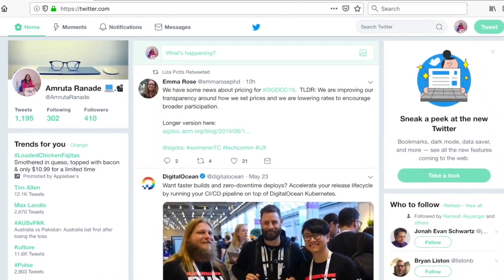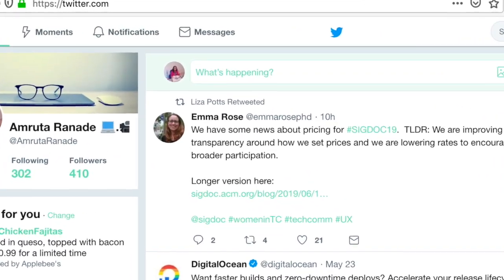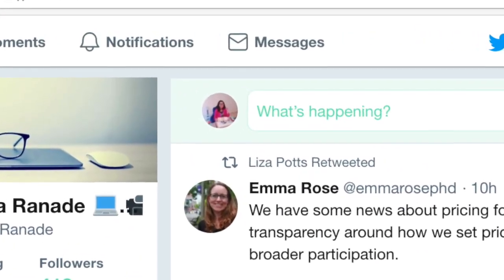Also consider the words notifications and messages. Technically, they could mean the same thing because a notification is basically a message from the system, whereas messages refers to the messages that actual real people send you. So that's how they distinguish between notifications, which is a message from the system, and messages, which is messages from real people. So all these words have been chosen very carefully and consciously by a team of writers who are called UX writers. And the process of UX writing is significantly different from tech writing.